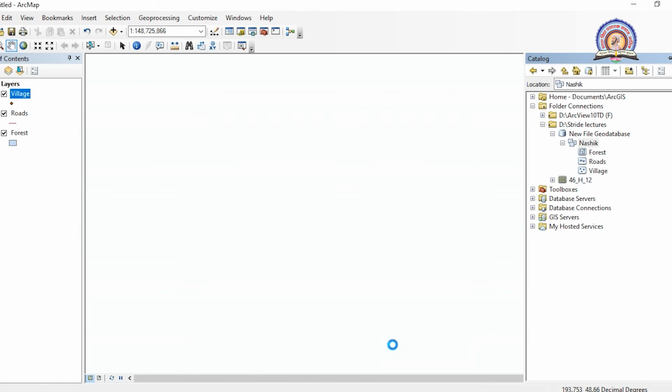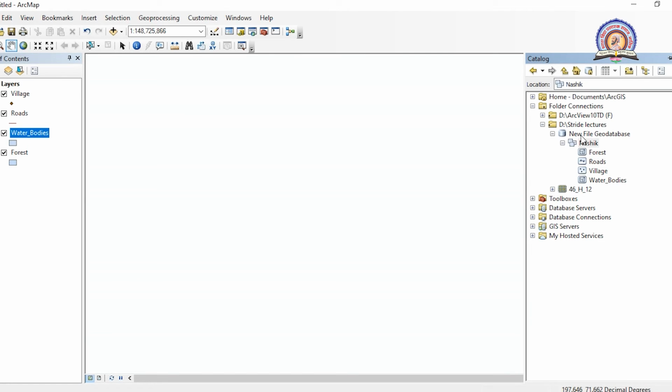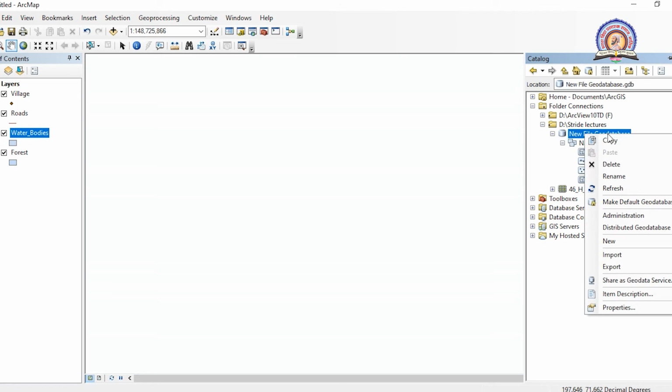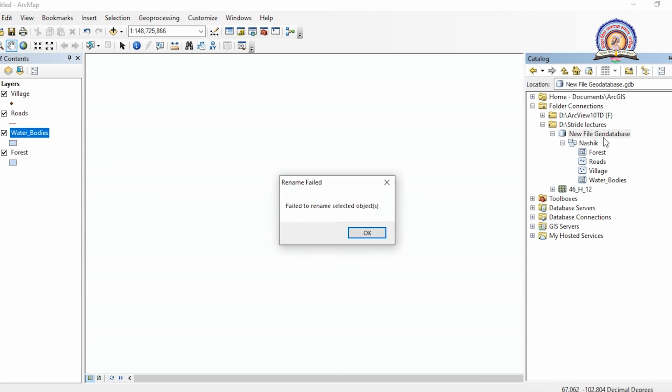Okay, fine. So now you have 4 layers attached to your map, and we have also created your database called personal geodatabase. You can also rename this database. For example, you can give the name of the project to your database, whatever is the name of your project. For example, I will give the name project.